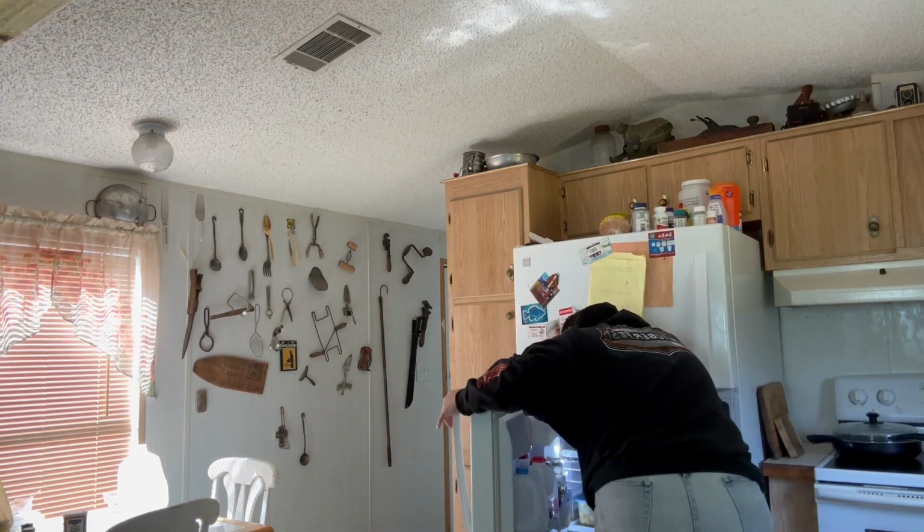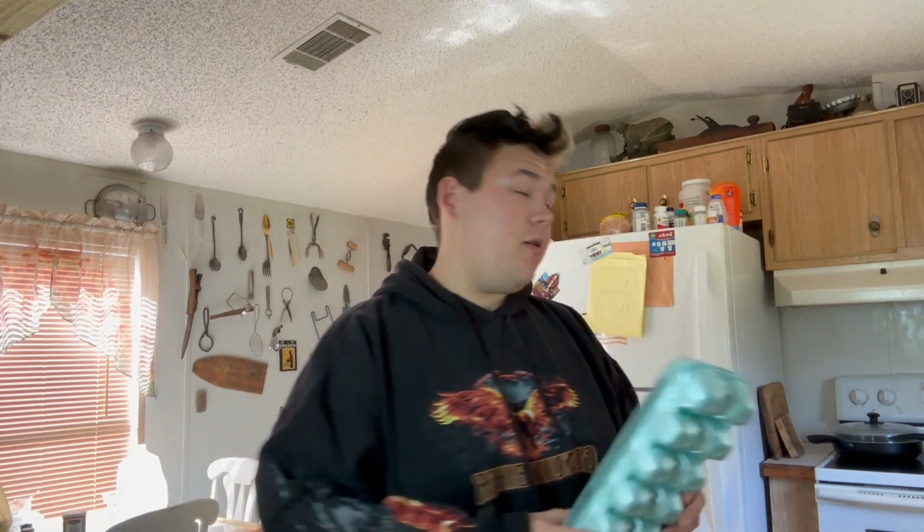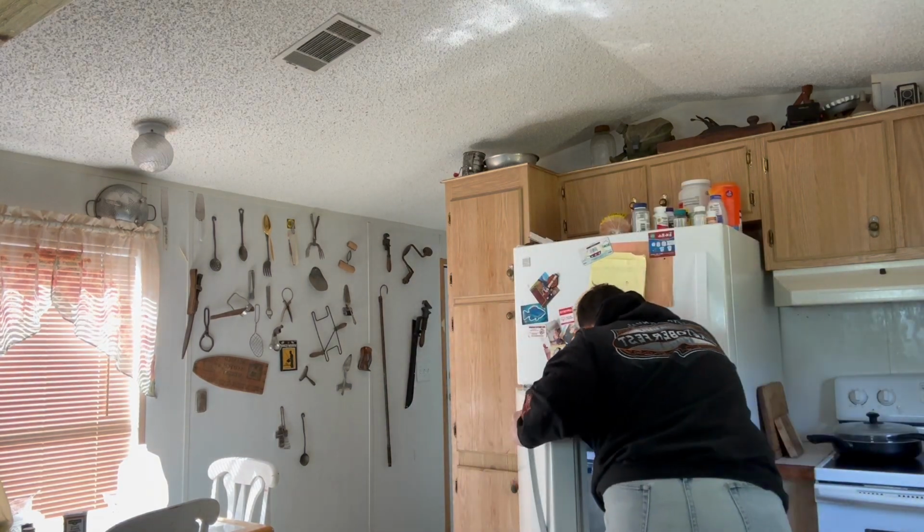I just first need to grab the eggs, because while I try to be more organized, of course I can't have everything put together. It called for 3 large eggs, so I'm going to use these. The recipe said to add the ingredients written down, and I don't have the directions written down, but I do remember it pretty well. It was 3 eggs, you whisk them,